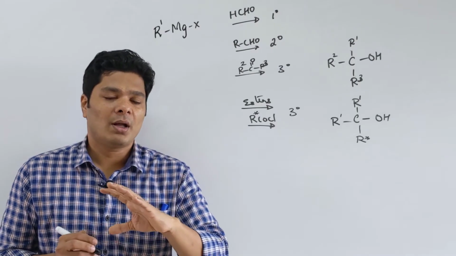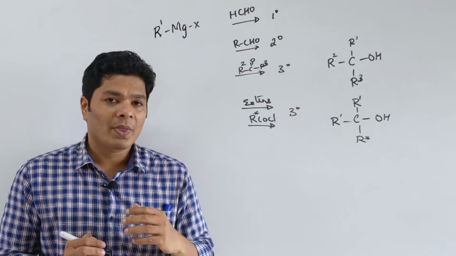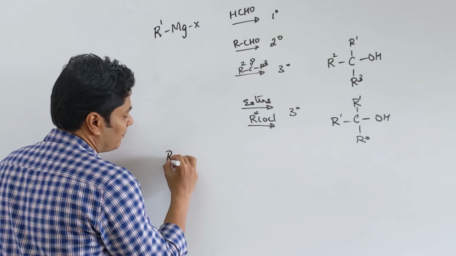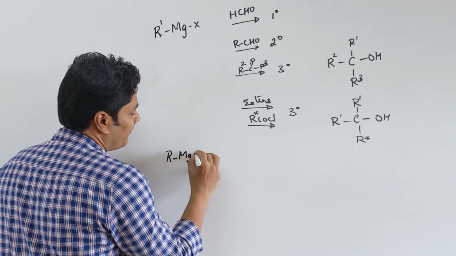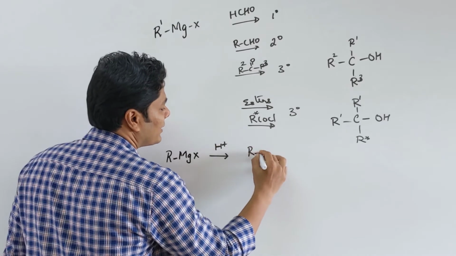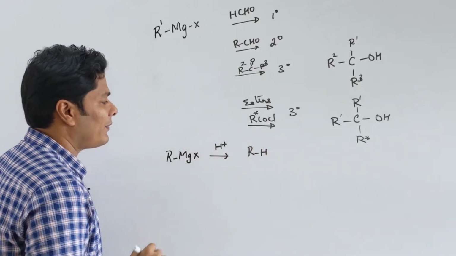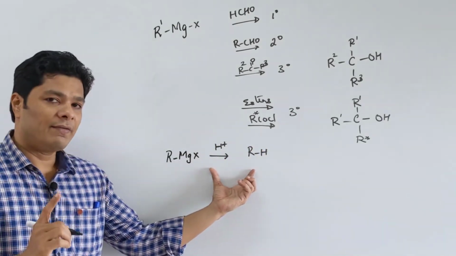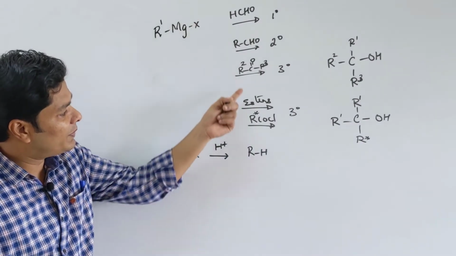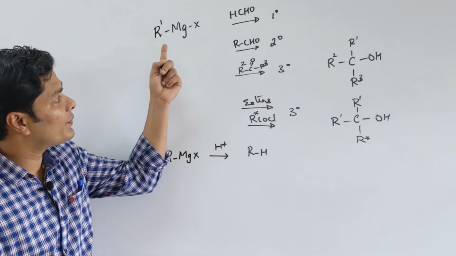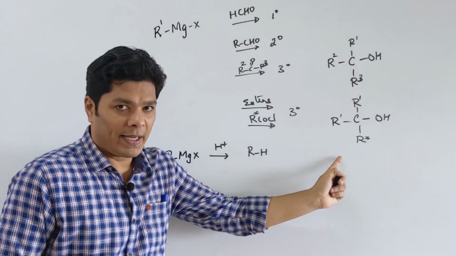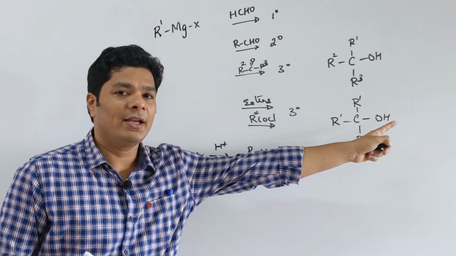Now one thing that is not said explicitly, but we have seen this before, is that a Grignard's reagent will react with acidic hydrogen to give you RH. We have seen this in synthesis of alkane, and there we have seen that the acidic hydrogen can come from alcohol. So in any of these reactions, if you take too much Grignard's reagent, it will end up reacting with the alcohol that is obtained at the end to give you the corresponding alkane.